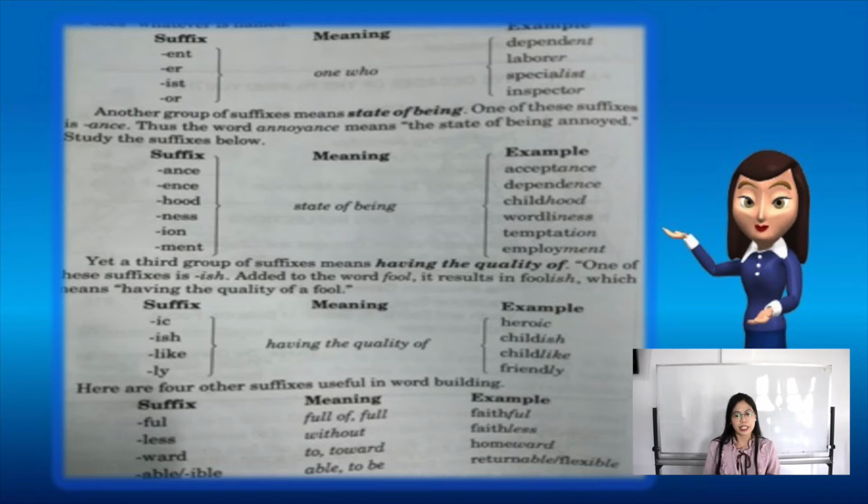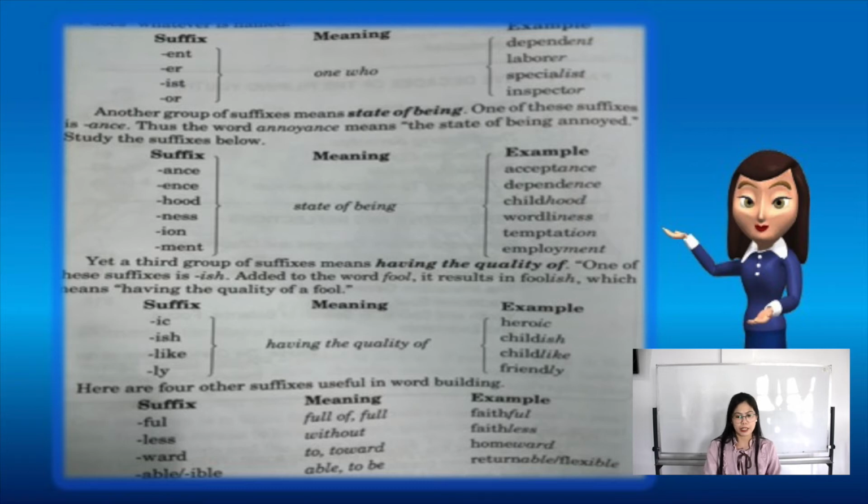For instance, the noun friend can become an adjective by adding the suffix "ly," so it became friendly. Or a verb can become a noun. For example, the verb inspect, just add the suffix "or," it can become a noun, which is inspector, someone